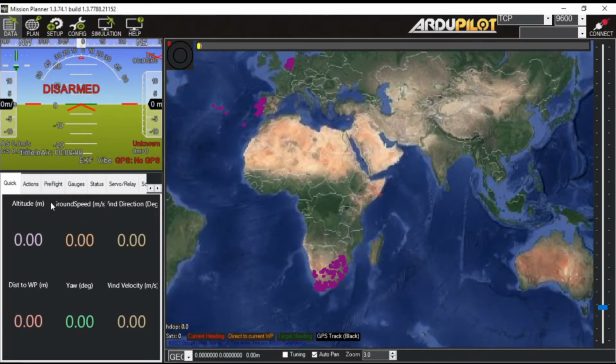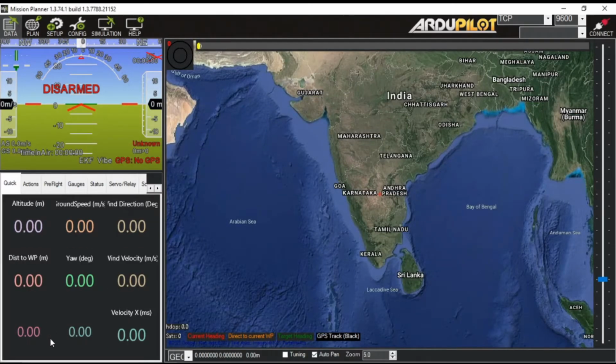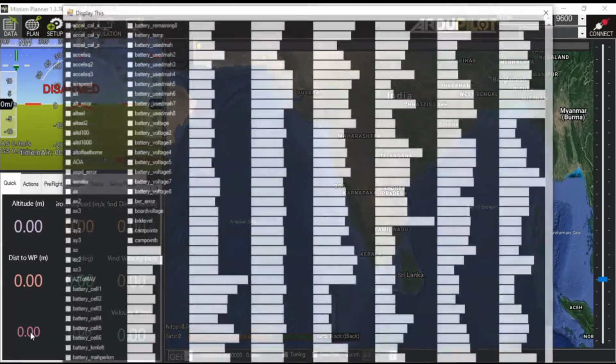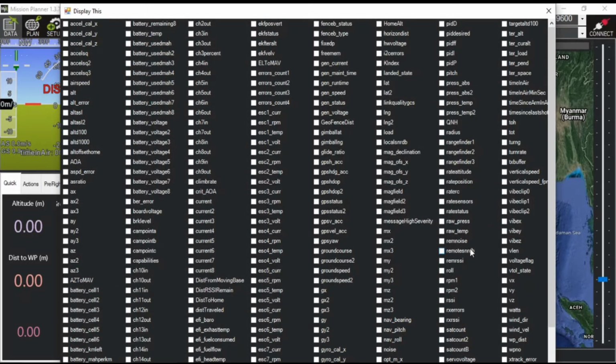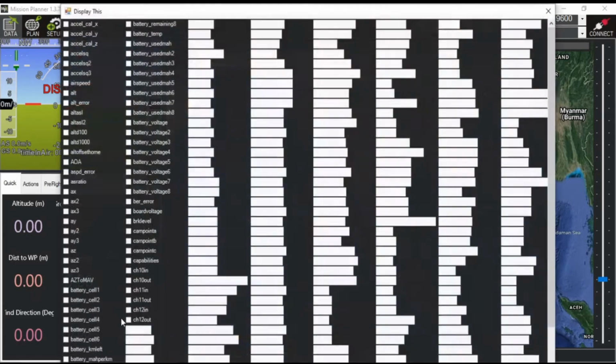So just below the head-up display, there is a quick section, and here you can see all the values you want to observe or know in numeric. And you can increase the size of this quick section by just right clicking on it and going to set view count, and then simply you can enter the number of columns you want to have. Okay, let's take 3 columns, and I want to have 3 rows too. So you can see one more row has been added, and you can simply double click on it and select the value you want. So I will go with the wind direction, and for this I will go with the wind velocity.